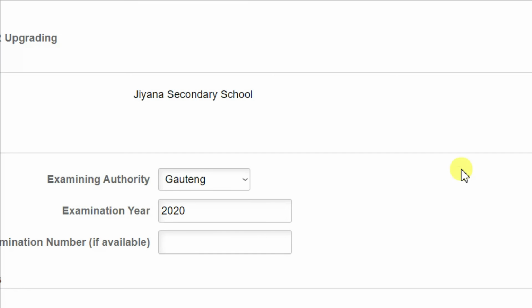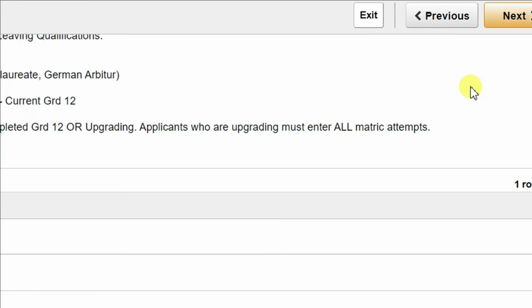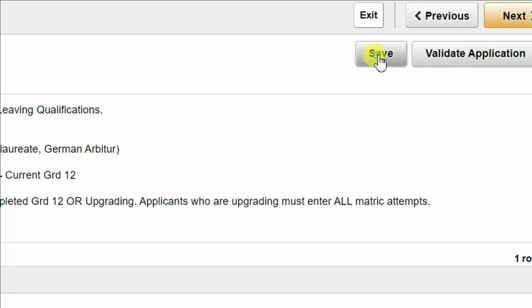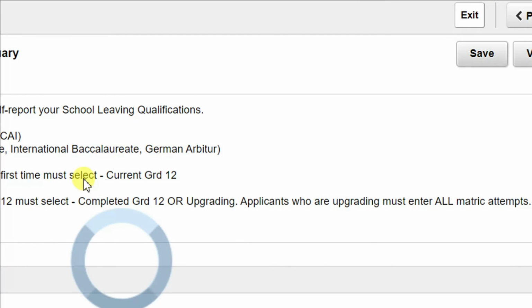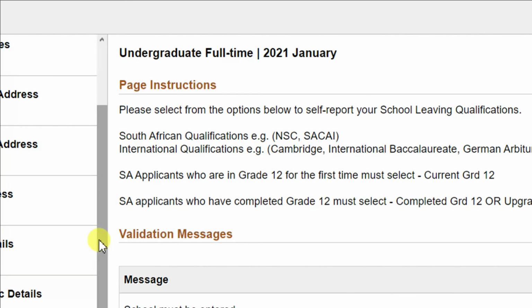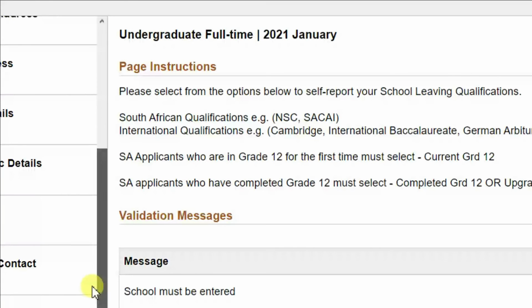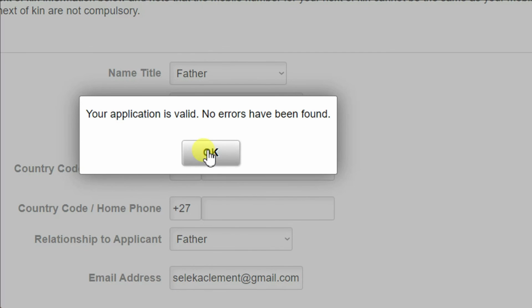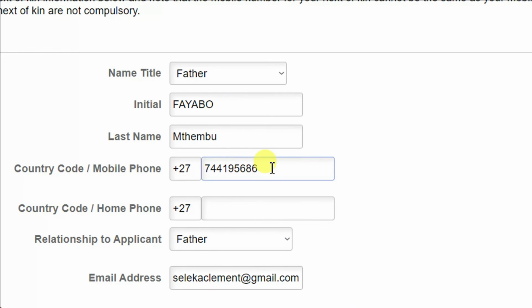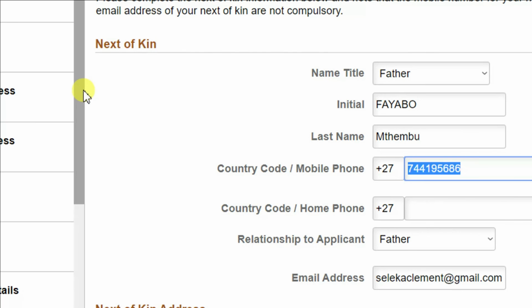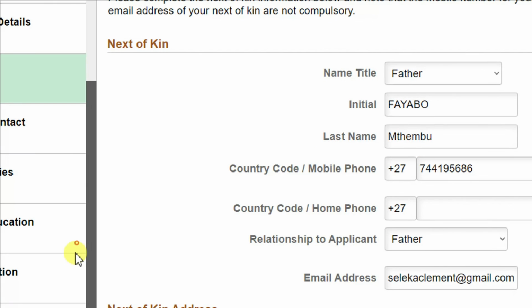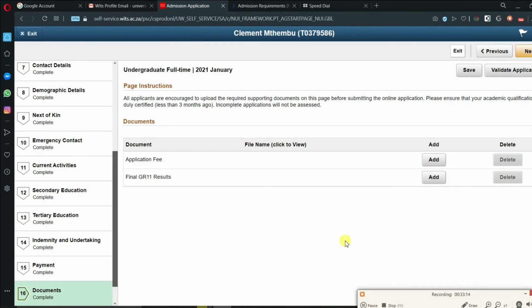After doing that, I'm just going to save this, and you can see there's no message. So let me come up here and save this. I also need to check for anything else that will tell me that my application is valid. There are no errors, because the error was here; I don't have to have the same number there. So right now I'm just going to continue with the application so that I don't have any errors. Make sure before you get to